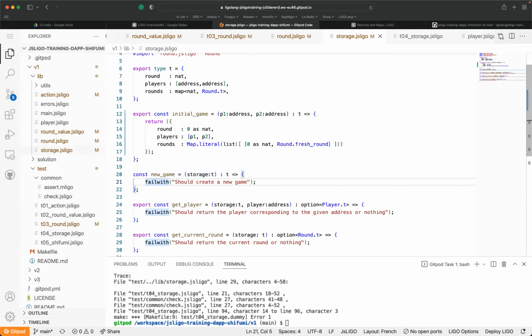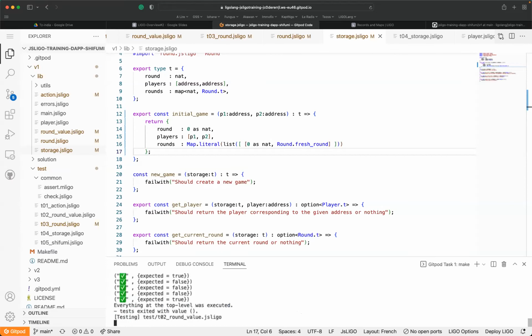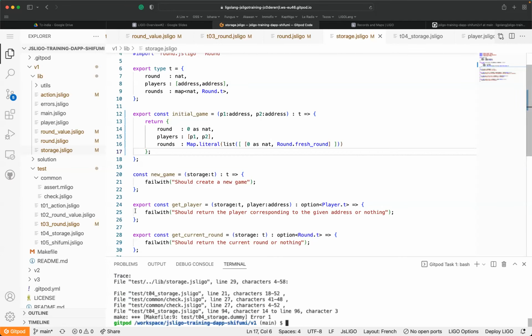I'm pretty sure that this parenthesis can be removed. It's not mandatory.